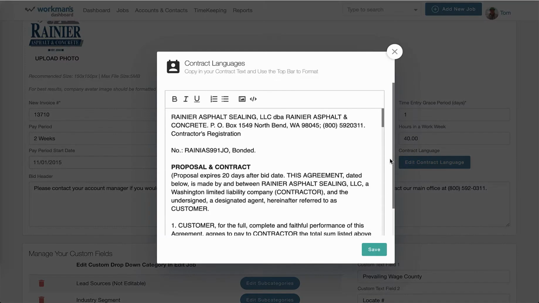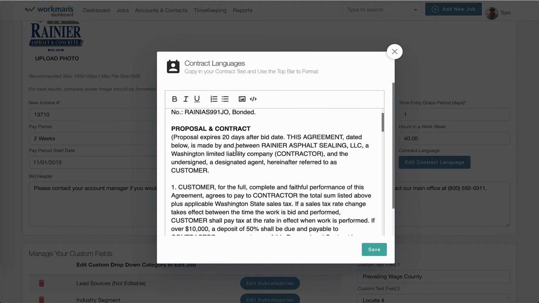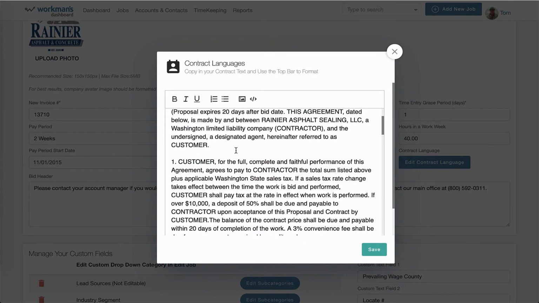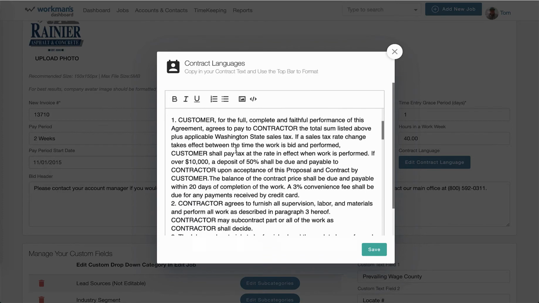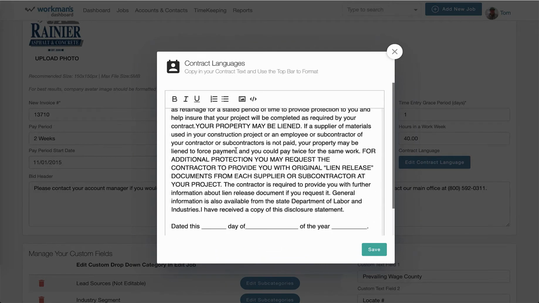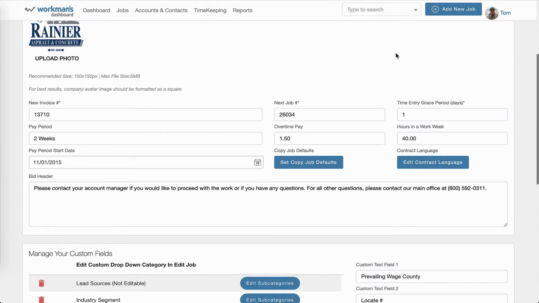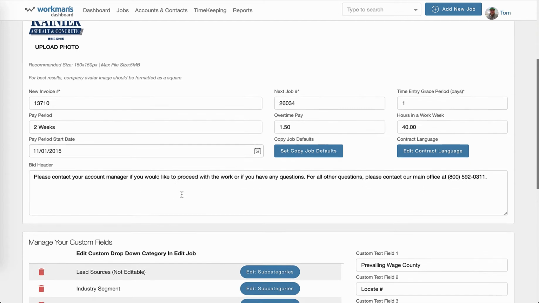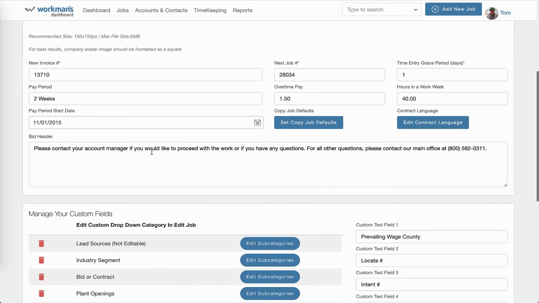Our contract language, we can click here. So at the bottom of your bid, you can enter any contractual language that you've come up with your attorney in terms of what your contract, what your customer is going to sign at the bottom of their bid. So that is entered there. And on top of our bid header, we can also add some customized language here. So this will appear above the role